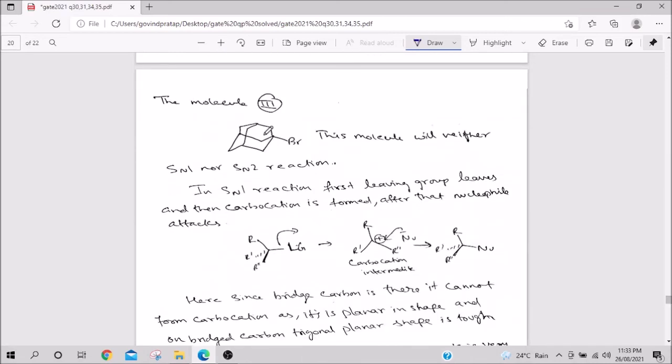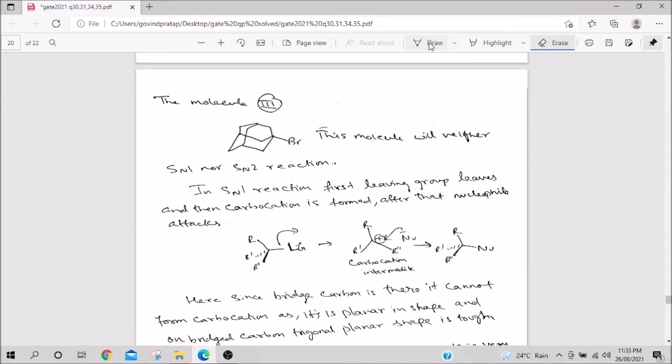Now this one, you see this structure, so tough it is. Imagine if this has to form from Br. That means one leaving group would have been here, some iodide or some group must have been here, and this Br minus goes and attacks here so that this is formed. Do you think it is possible? I don't think so. And let us think in both ways, SN1 and SN2.